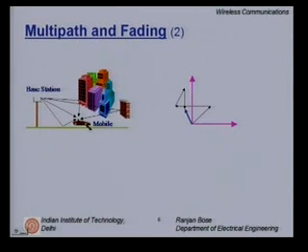Case 1, when mobile is situated here, as you can see there are 4 distinct paths. For the sake of simplicity, we have taken 4 paths only, and I have added up the received vector and obtained the resultant vector in blue. So at time instant 1, while the mobile is on the run, it receives this blue vector. It has a certain amplitude and phase.